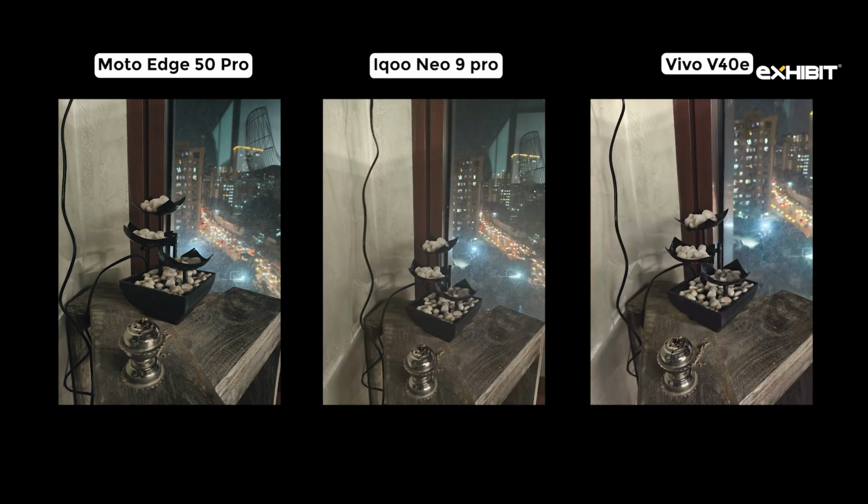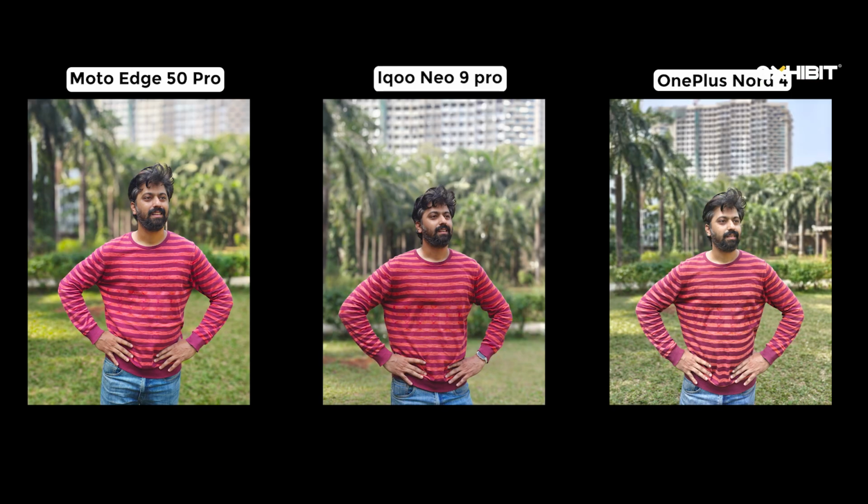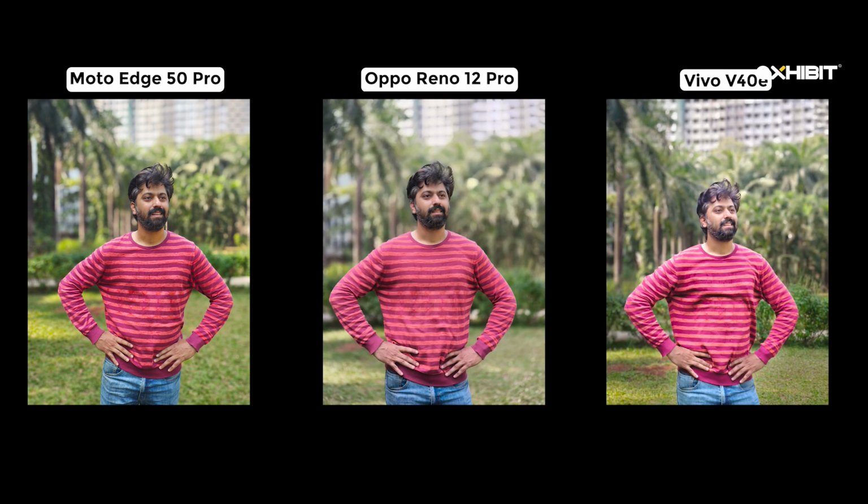It's got great colors, appropriate sharpness, and just an overall great feel. Again, in macro shots, the Motorola Edge 50 Pro has higher levels of detail than all the other phones. Only the OnePlus Nord 4 comes close to matching its performance. All the phones were amazing when it came to background separation. But in terms of capturing accurate colors and maintaining details, again, the Moto Edge 50 Pro clearly had an edge